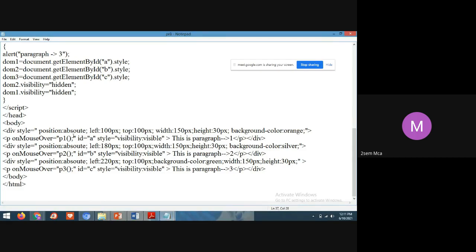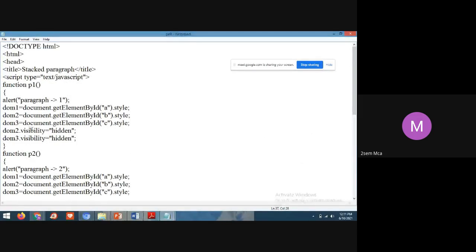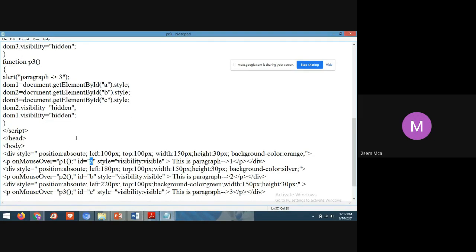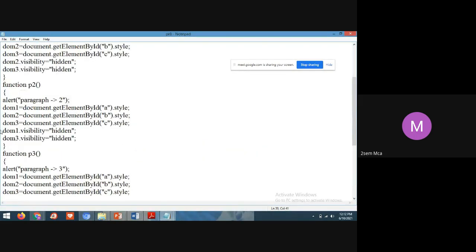When your mouse pointer is on paragraph 1, A will be called. So in A the visibility style is visible, but the remaining two DOMs' visibility is hidden. The same case for paragraph 2: the visibility is visible, but for DOM1 and DOM3 the visibility is hidden.